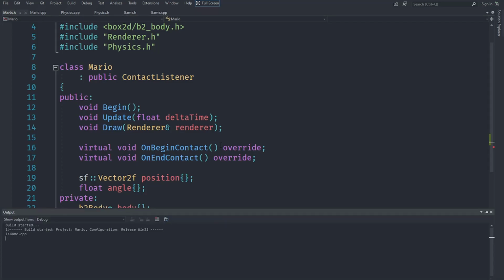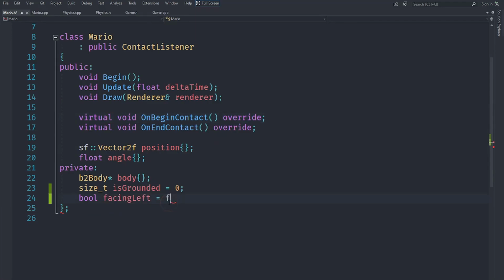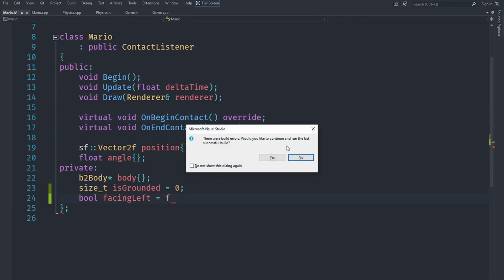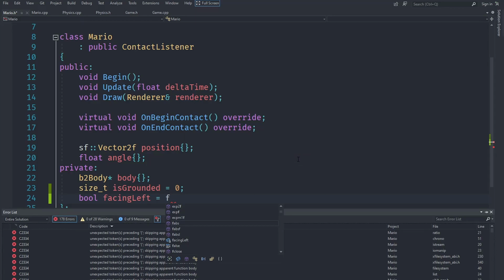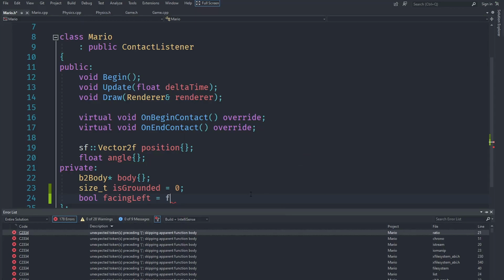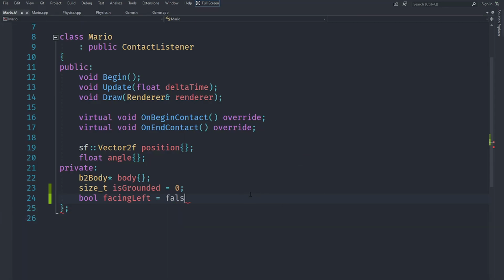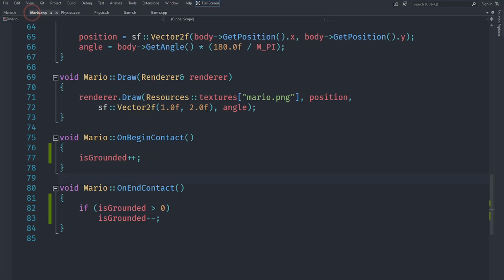Actually, not true by default. Let's just set it to false, because we don't want to build right now. So let me type this here. Let's set that to false, and if facing left is false, then that means we want to draw this using positive. We are going to use the question mark operator here. We are going to say facing left and then put a question mark,